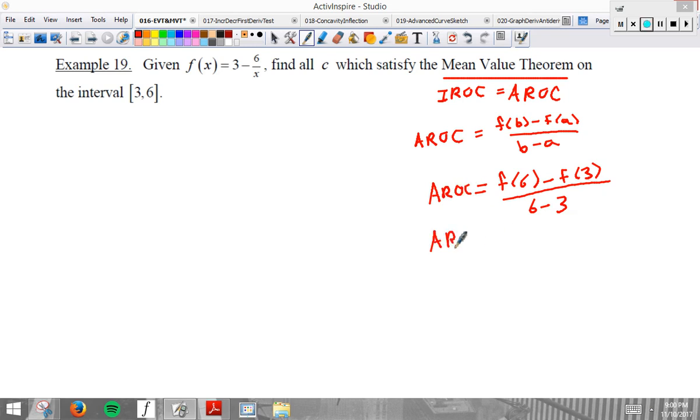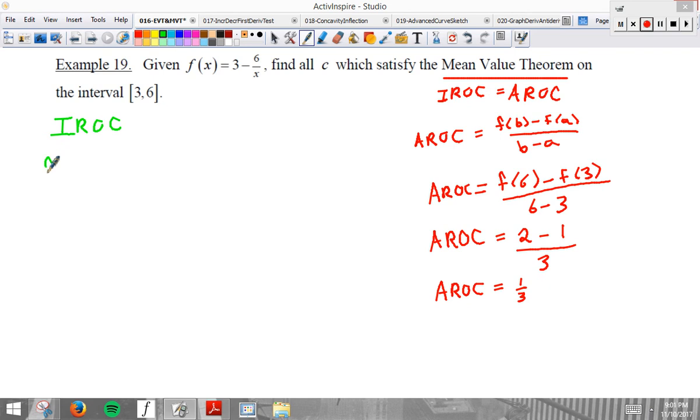So A rock: F of 6 will be the point 3 minus 1 or 2, the y value 2. F of 3 will be 3 minus 2 or 1. So the average rate of change is just going to be 1/3. Okay? That's part 1. Part 2, I rock,